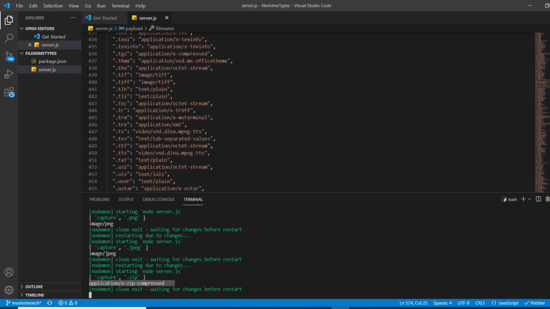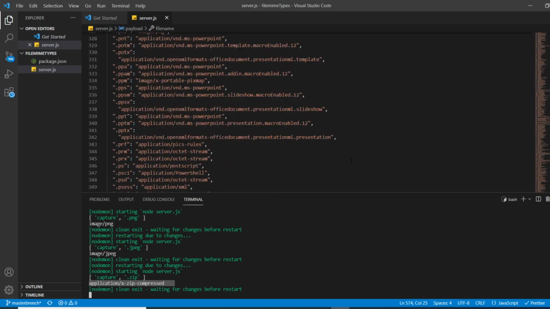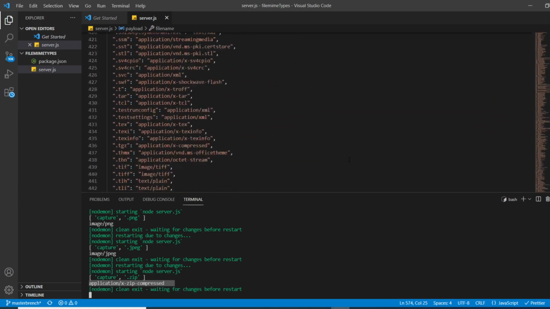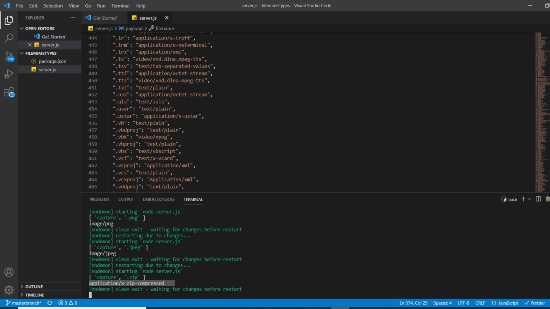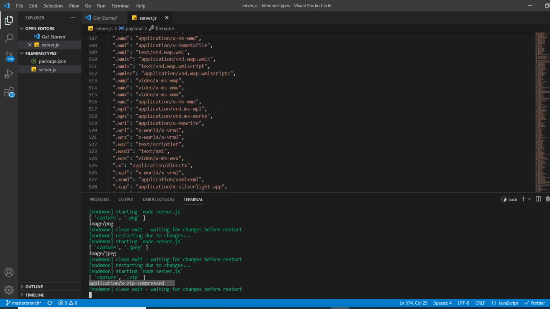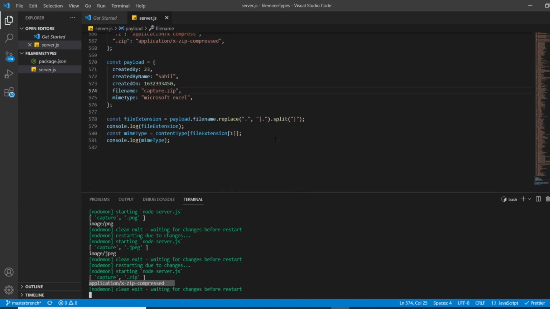So this is one way to implement this thing in your code. You can follow this and implement it, but I would not suggest doing it this way. There is another way which is better according to me.